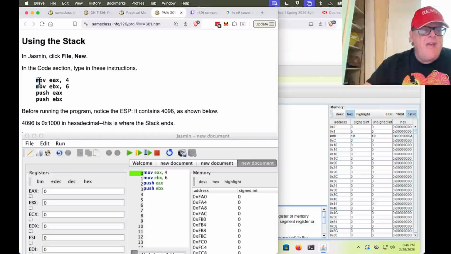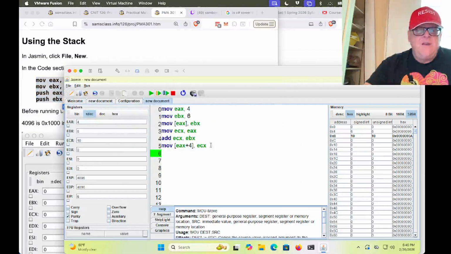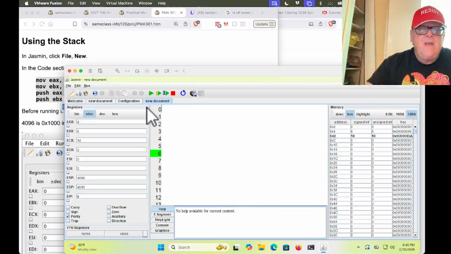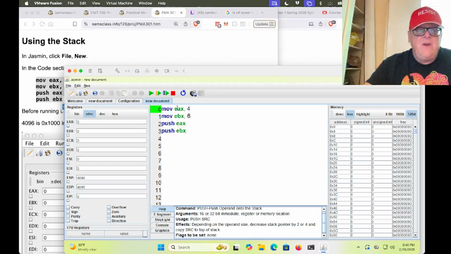And now you can use the stack. Let's try these. Copy that stuff, delete this stuff, and reset it, and paste in the new stuff. All right,